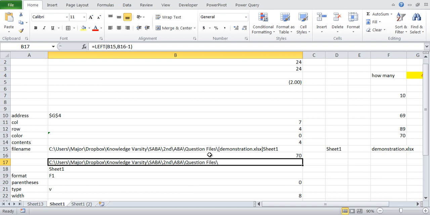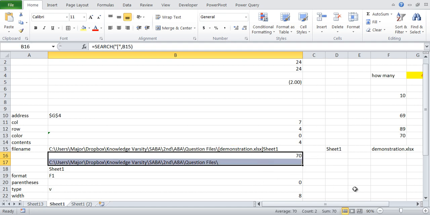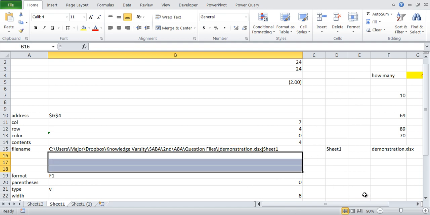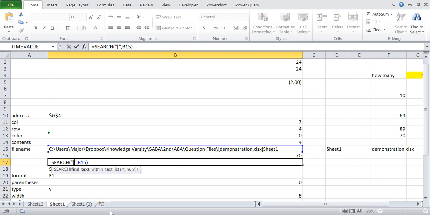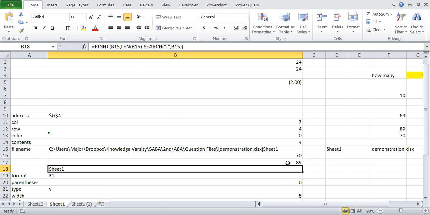Now the next question is, what is the file on which you are working? This is slightly tricky. We are working on this file, demonstration.xlsx. How to get it? The things required are kind of repeated. You have to search for this opening bracket, which we have got here, then you have to search for the closing bracket, which is 89.